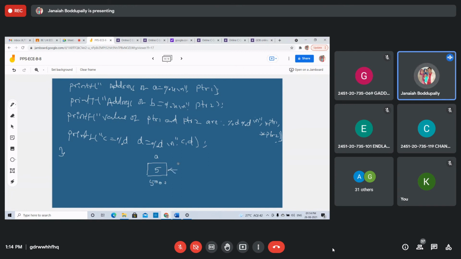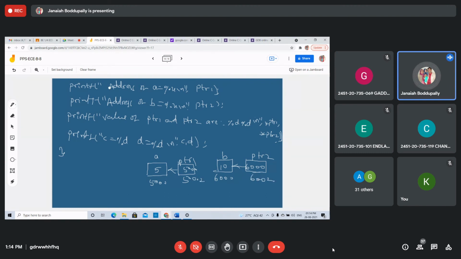Pointer 1 stores the address 5000. This is PTR2. B value is 10, suppose at address location 6000, and this is stored in pointer 2. Whatever, you take this one.